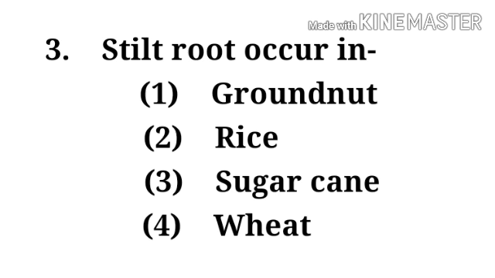Number 1, groundnut: there is no need to support the stem. Number 2, rice: there is no formation of such type of roots. Number 3, sugarcane: when we see the stem of sugarcane, just above the soil at the first node, not internode, somewhat green colored roots are developed. These penetrate the soil and support the stem, and this is called the stilt root. Sugarcane is a monocot. Number 4 option is wheat. Wheat is also a monocot, but in wheat